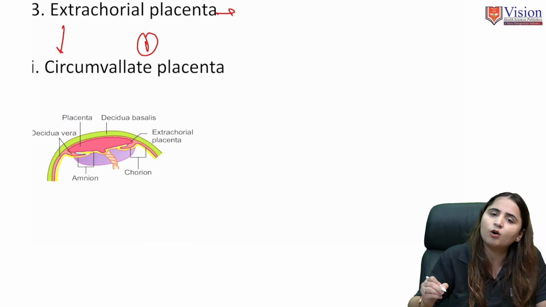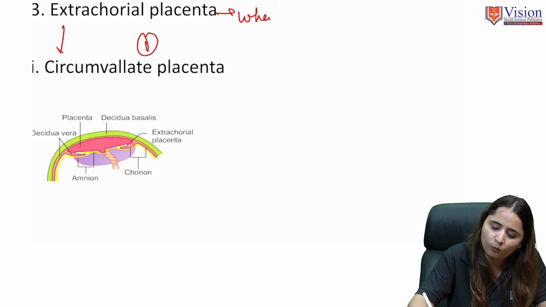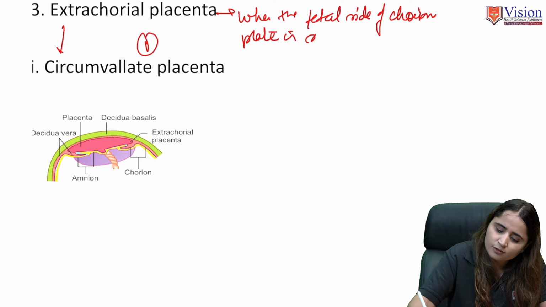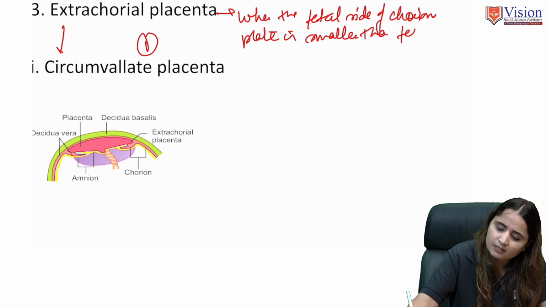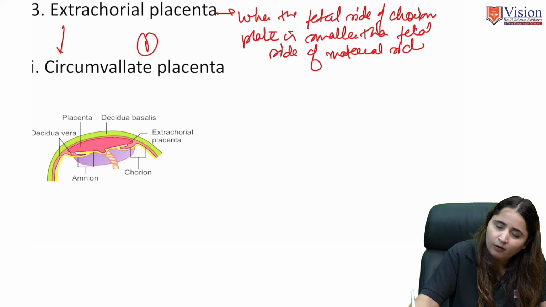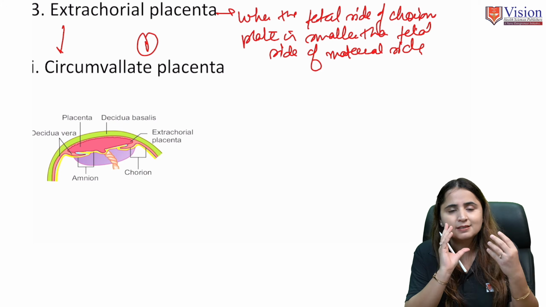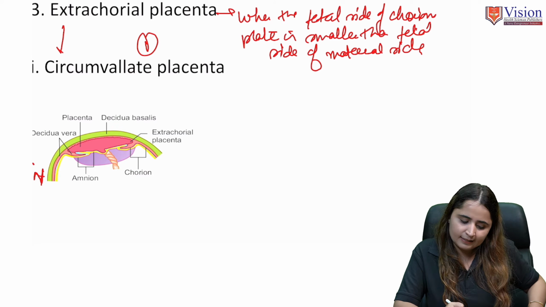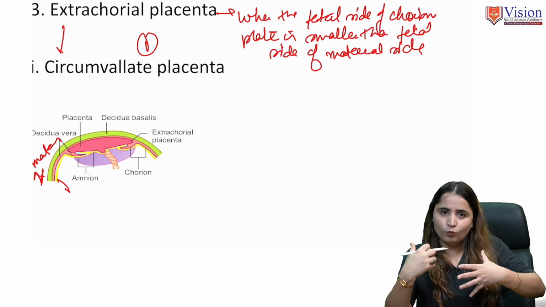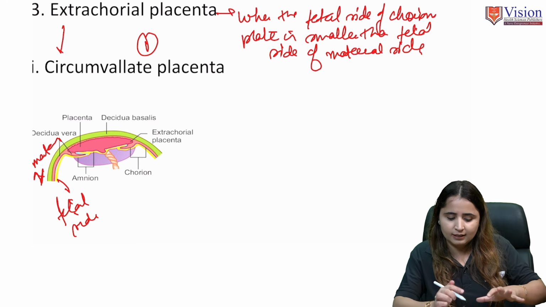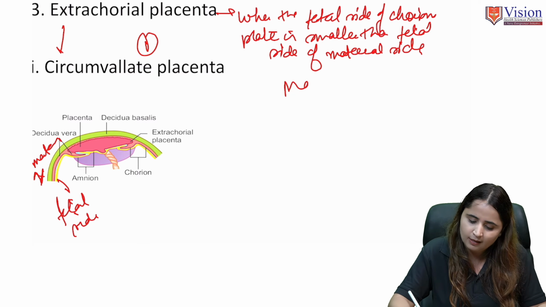And third is an extracorporeal placenta. So extracorporeal placenta is when the fetal side of the chorionic plate is smaller than the maternal side. We all know that, आप लोगों को याद होगा जब प्लेसेंटा हमने डिस्कस किया था कि इसकी दो साइड होती है. जो towards a mother it is a, we can say that it is a maternal side, and another one towards a fetus, it is called as the fetal side. So in the extracorporeal placenta क्या होता है, जो फीटल साइड है वो छोटी होती है as compared to the maternal side.